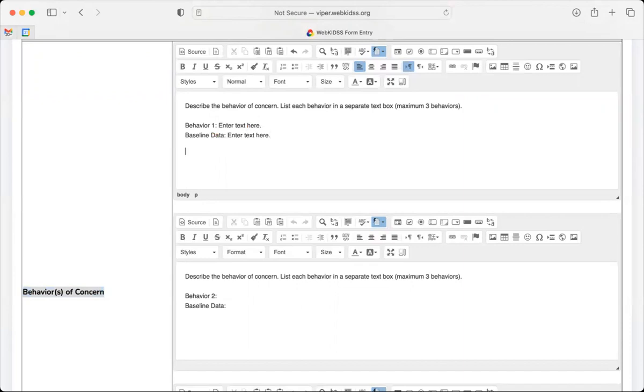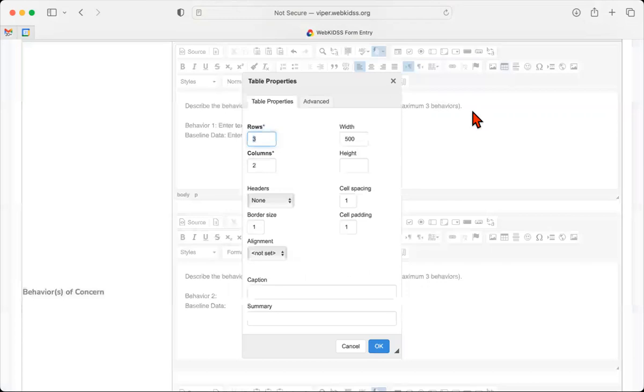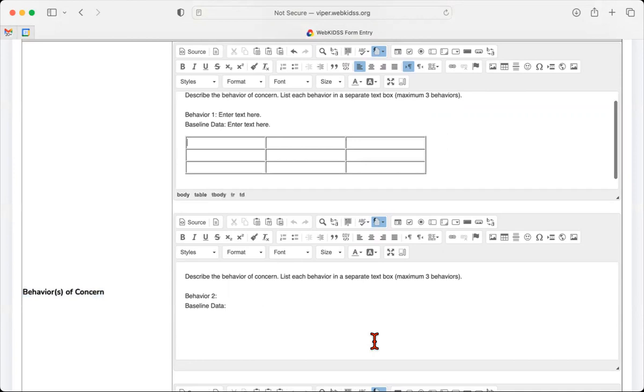The nice thing about using the RTE or the rich text editor boxes is that you can do a lot of that copy and paste you couldn't do with just the old text boxes that we had. Or you can even create data and tables with your baseline data in here if that's easier for you. So let's say, for example, I just make something up here. Let's pretend our behavior of concern is, so we want to call this behavior, this is kicking. It's pretty aggressive, but